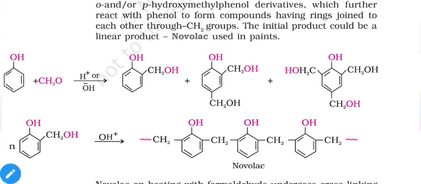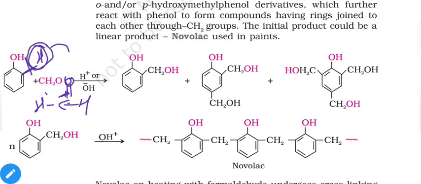So here you can see at this ortho position one hydrogen will be present, so this hydrogen will be removed from that location, and our aldehyde contains HCHO structure, so it will break the double bond with oxygen. Okay, so one bond will break from here, so the released hydrogen from phenol will combine with oxygen, and carbon will combine at the ortho position of the benzene ring or phenyl ring.